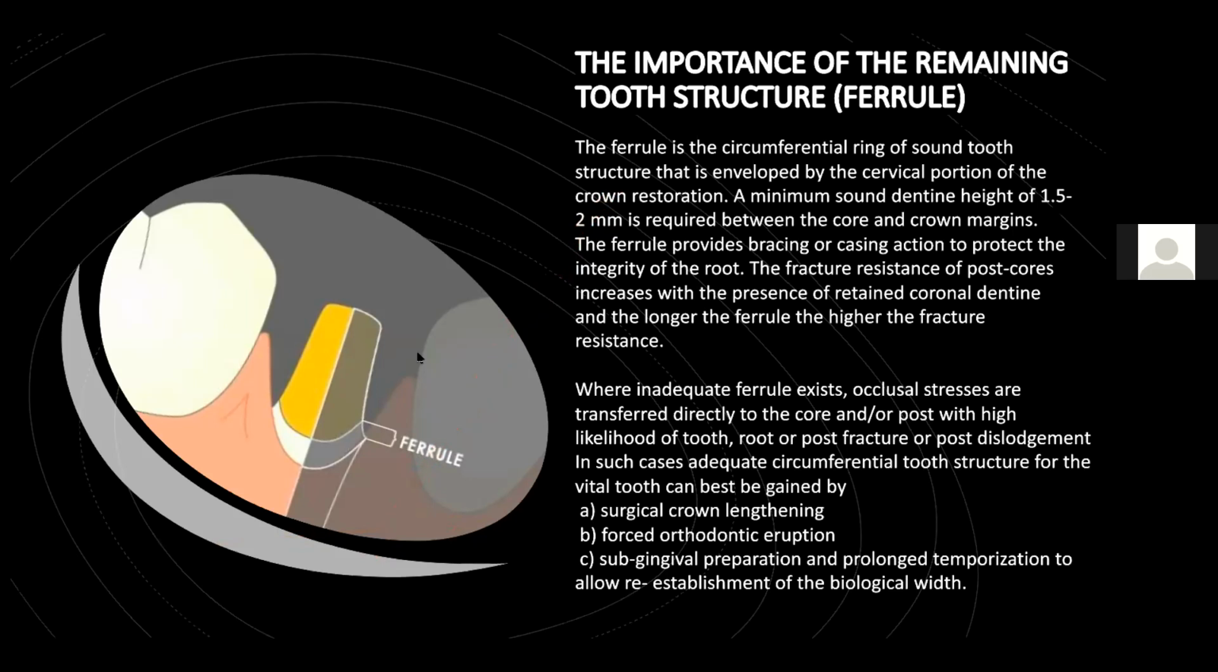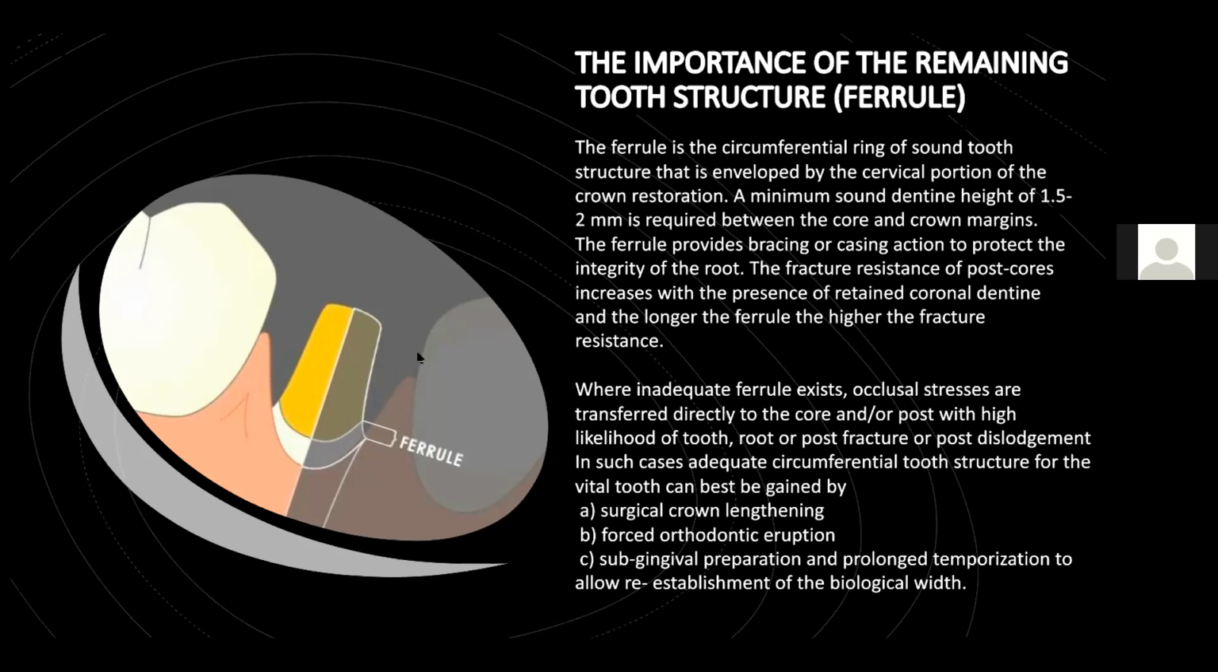The ferrule provides a bracing or casing action to protect the integrity of the root. The fracture resistance of post cores increases with the presence of retained coronal dentin, and the longer the ferrule, the higher the fracture resistance. When we don't have adequate ferrule, what do we do? If we do choose to restore the tooth, we can increase the ferrule by surgical crown lengthening, forced orthodontic eruption, or subgingival preparation. With the subgingival preparation, we should keep the temporary on for a longer time to allow reestablishment